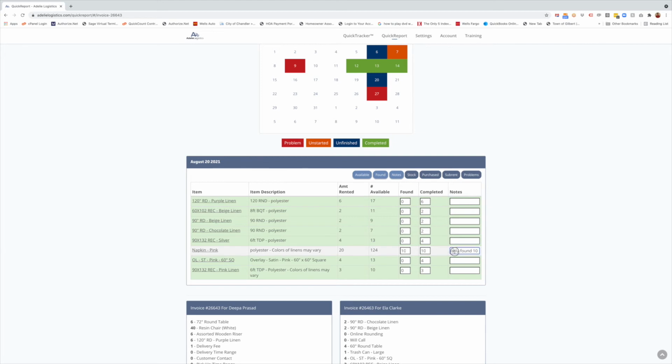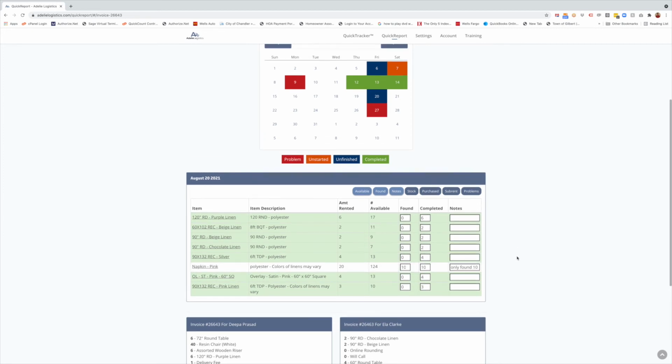Okay, so now I've indicated that I've only found 10 and the rest were left at the Right House from last week's order. And so now the next person that comes to work on this, let's say I'm working today but I'm not working tomorrow, if there's a different person in the linen department working on this particular day tomorrow, they'll be able to see that this day has been started, it's not yet finished, they can click on it and they can